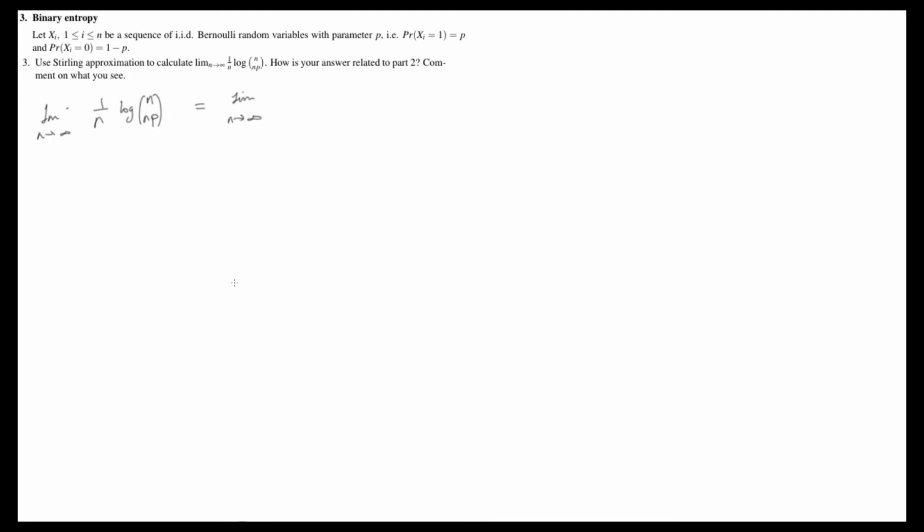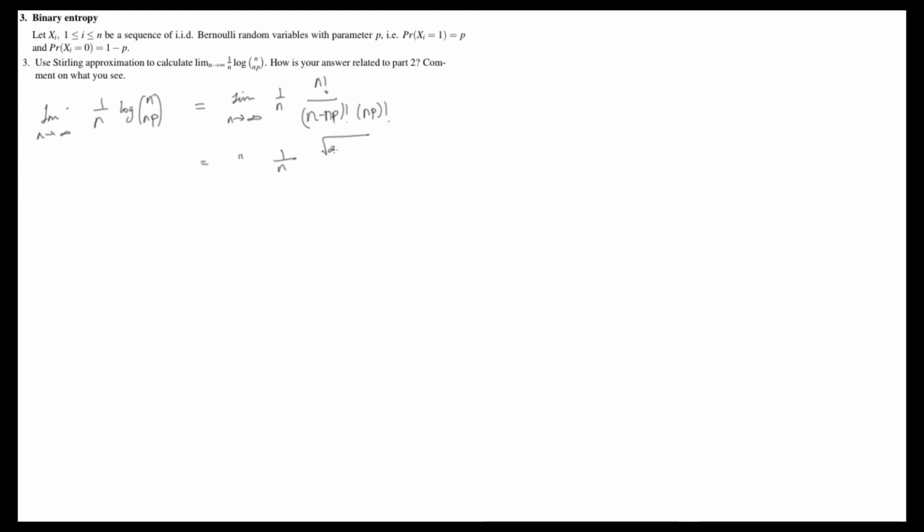limit. So I'm going to say limit n tends to infinity here, but I'm going to assume that it's going to be the same throughout, so I'm going to put ditto signs. 1 over n times n factorial divided by n minus np factorial times np factorial, which is equal to,